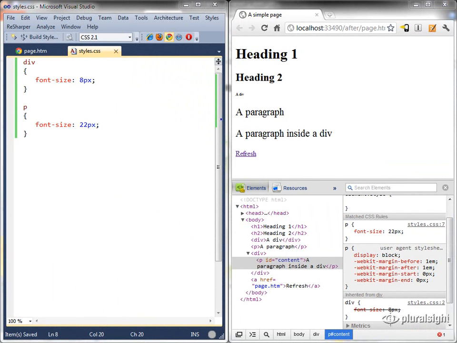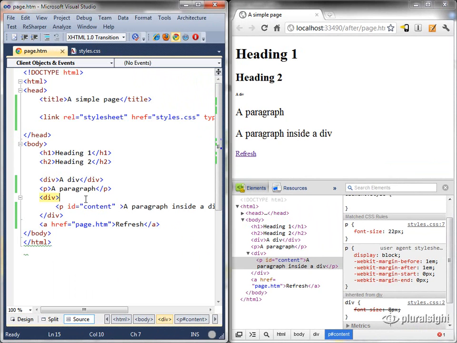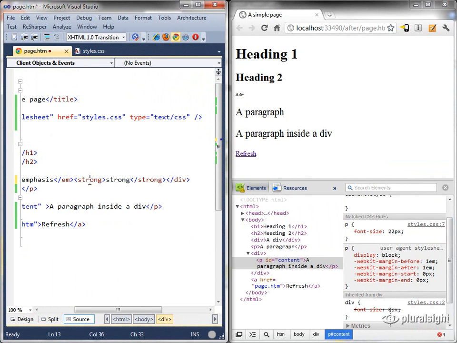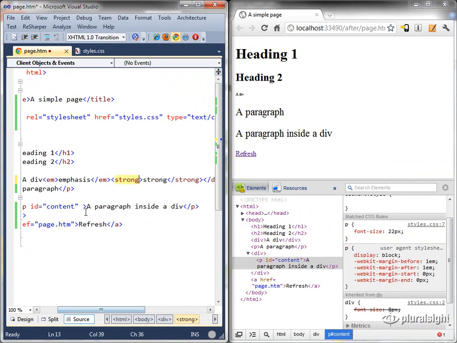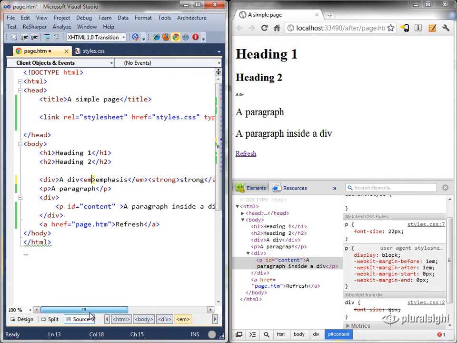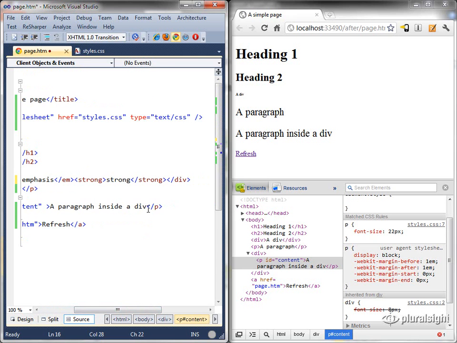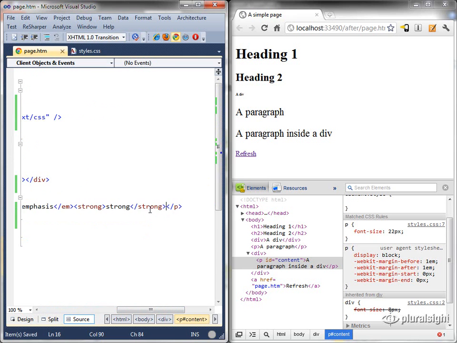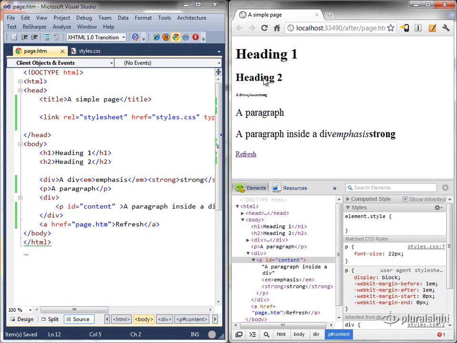If you think about it, this inheritance for font size makes sense. Imagine that inside of this div, we had some additional markup, like a word that was inside of a strong tag and a word that's inside of an emphasis. I'll add that to both the div and also here at the end of this paragraph, and save this and refresh. You'll notice that those individual elements, emphasis and strong, inherited the font size settings of the parent container